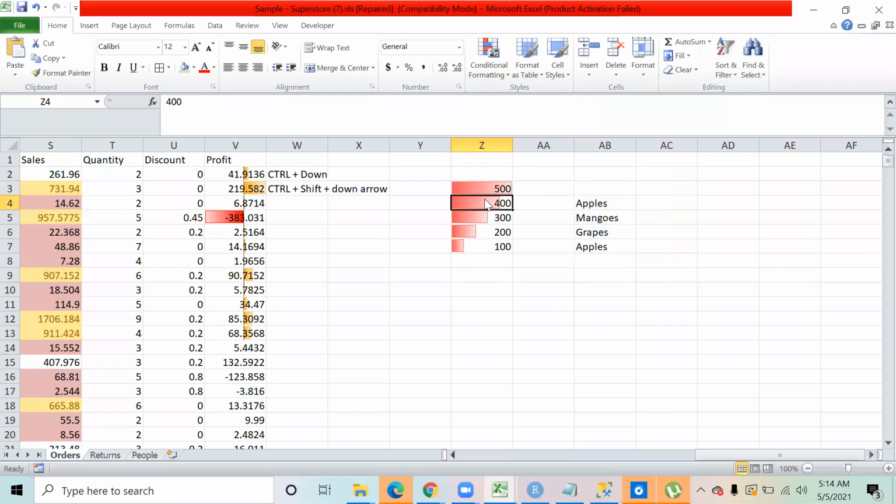Can we customize this bar based on our data? Can we give our data range or something like that? Customize as in, what change would you like to have? Like I would like to know whether this particular style of the bar is fixed, or can I give the min value, max value, something like that? No, you don't need to do that because these bars are anyway dynamic, right? For example, suppose you change the number and this number becomes 700, so the bars will change. This becomes bigger, this becomes smaller.